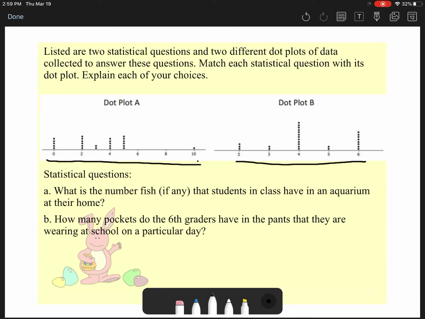Because I find it hard to believe that someone could actually have 10 pockets on their pants, but then I could also say, okay, I think dot plot B represents number of fish, because it's very common to have a certain number of fish in a tank. So if students have an aquarium at their home, maybe there are